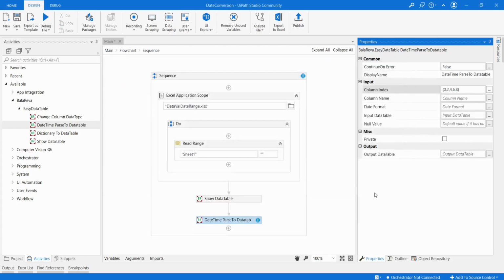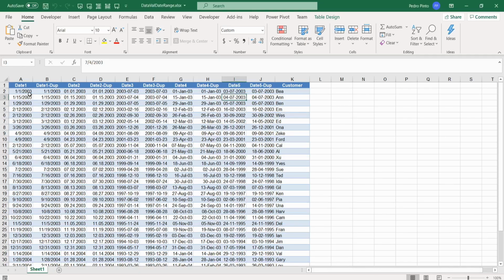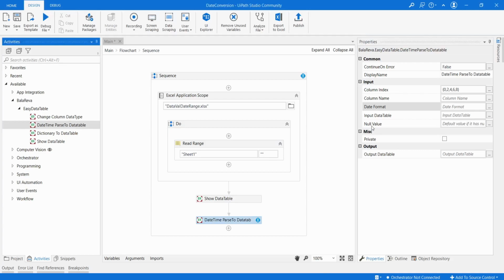After that, you have to give the date format. So what is the date format? The date format, not from here, but what you have seen in the show data table. Actually, it showed month, date, year, hour, minutes and seconds. So that is the format. You have to mention it here.